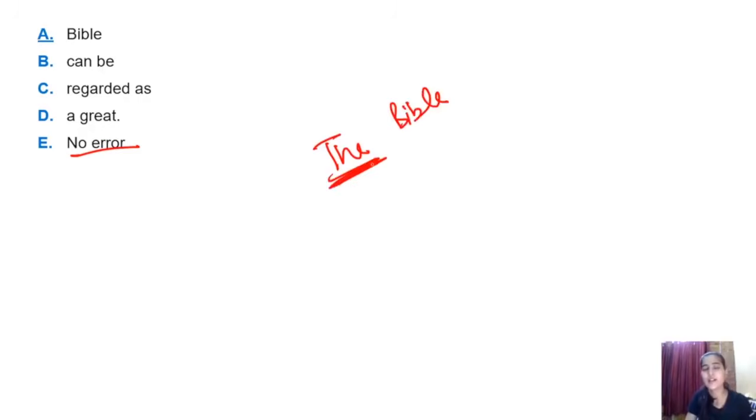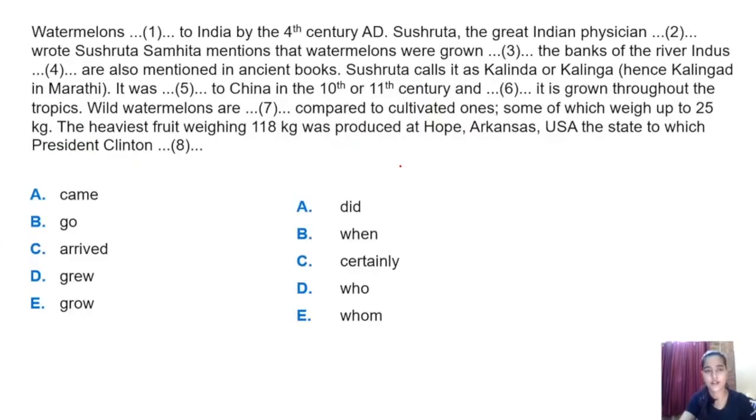This definite article should be used, that this is a specific book, Bible, that we are talking about. So it should be the Bible. So this is the error in part A, right? I hope this is clear. Now you can see the questions are really very easy, and on basic concepts they are going to check you. If your basic concepts are clear, that's why I'm saying the verbal part is sort of easy, because we have already gone through all these things in our school life, so it's just about revising the things, right?